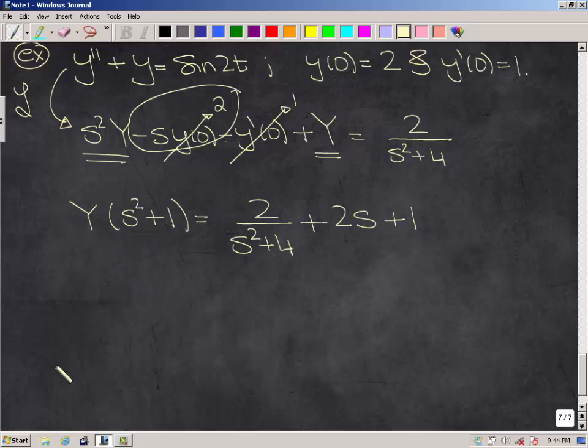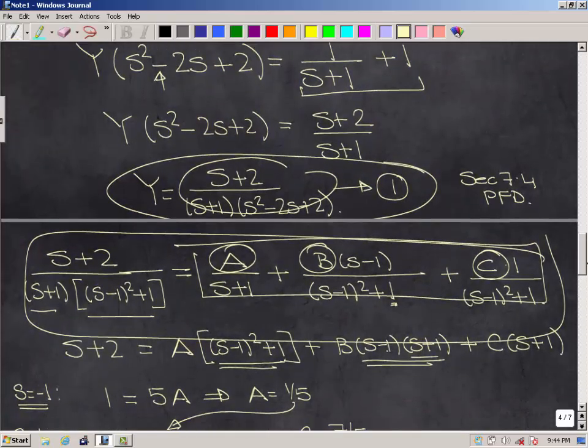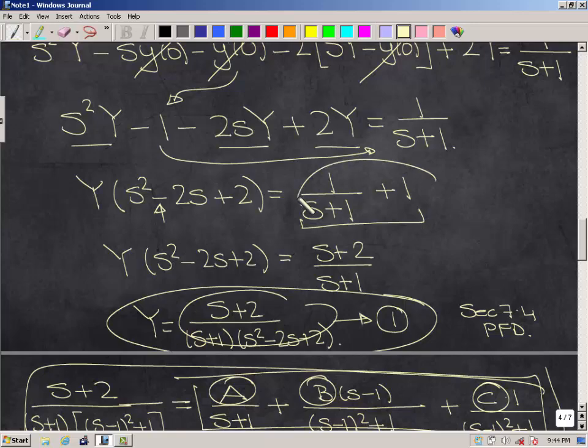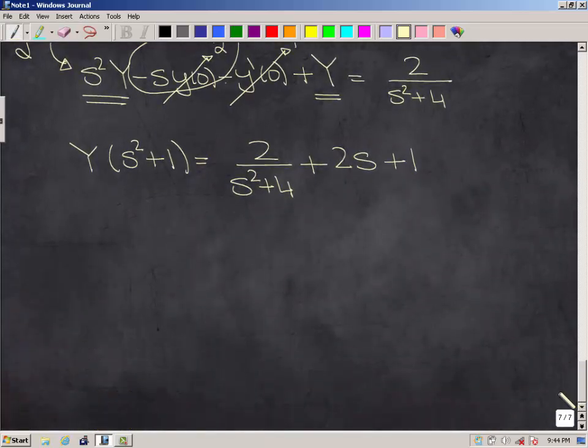Now here's a thing. In the last example, I combined everything here before I divided by this. Sometimes it's advantageous to combine. Sometimes, if you can see a couple of steps ahead, it's smarter not to combine. So in this case, you might be tempted to find the common denominator here and combine all of these. But let me do the next step and I'll tell you why it makes no sense to